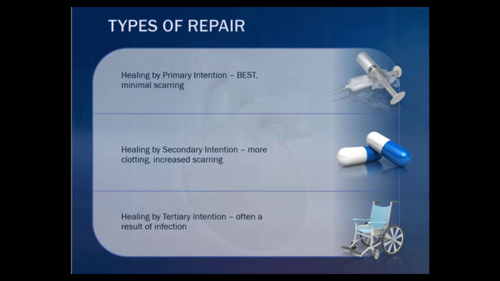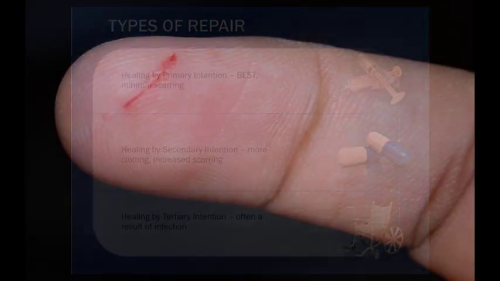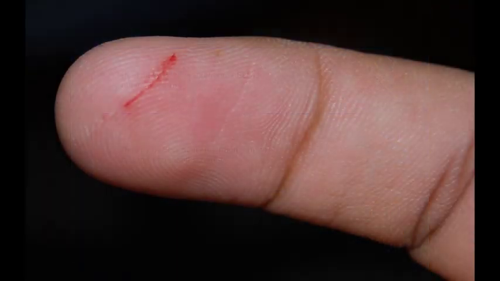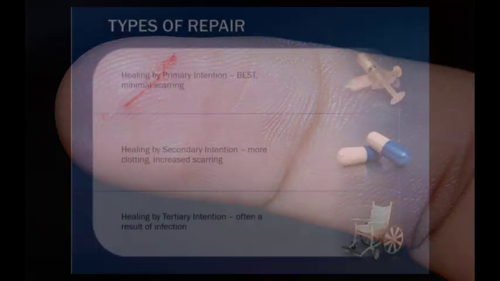The first one is primary intention. This one is going to be the best because there's very little granulation and very minimal scarring. So an example would be when you have a surgical incision, the wound is closed together with very clean edges and then a very small clot forms. Another example of healing by primary intention would be like a paper cut. Oh, those things hurt, don't they? But when you get a paper cut, it's a very small, clean cut, and it usually does not leave any